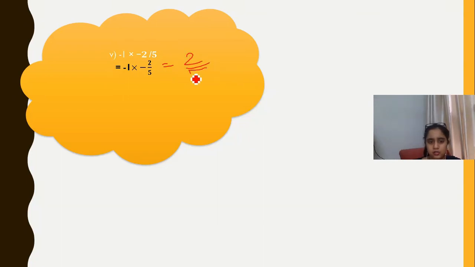But what is the sign of that number? We will apply the multiplication rule here, where both the numbers are negative, and if both the numbers are negative, the sign of the answer is positive. So our answer is simple 2 upon 5, that is positive 2 upon 5. But in this question we have to find the multiplicative inverse of that number. It's very easy. We will shift that 5 into the numerator and that 2 into the denominator. So our answer is 5 upon 2. We have just shifted these numbers with each other.